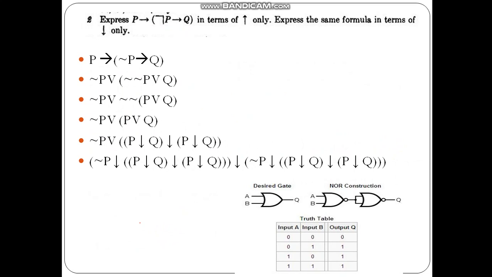Let us try to represent the same for the NOR gate. Again the same equation, I come up to this. So it is not P or Q. How to represent P or Q? That is given. P or Q can be represented by taking it two times and applying it to the NAND gate. So P NAND Q, NAND P NAND Q. Again it is of the type P or Q. So this is how we convert the given equation of OR into the NOR format.